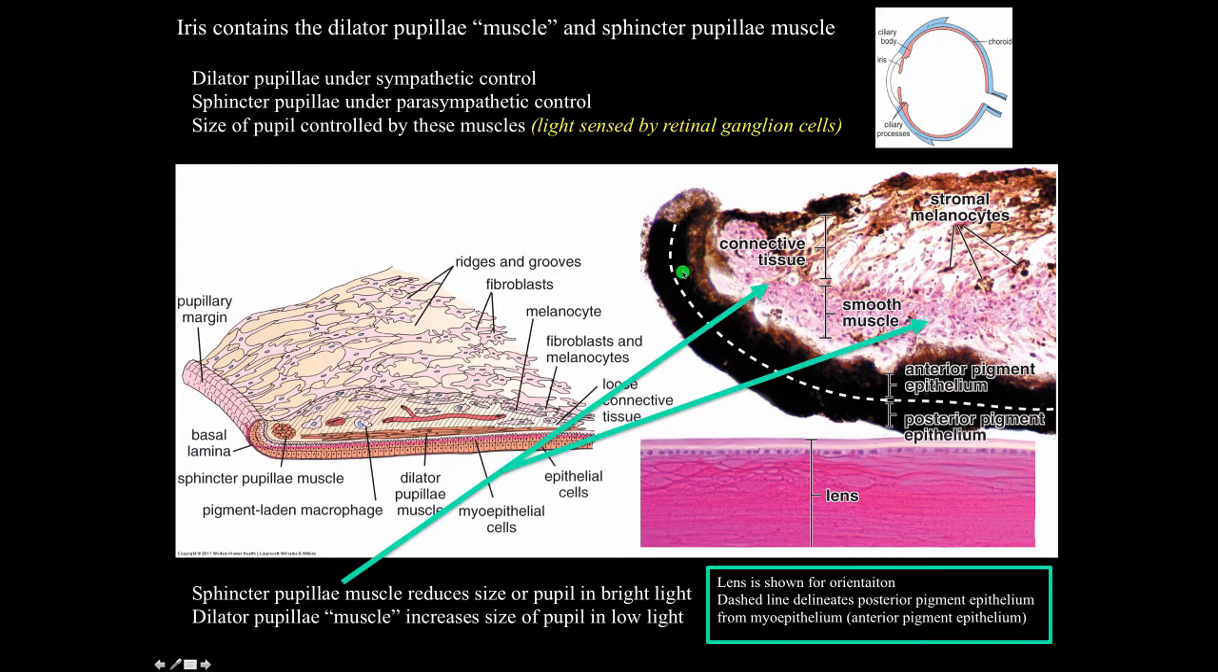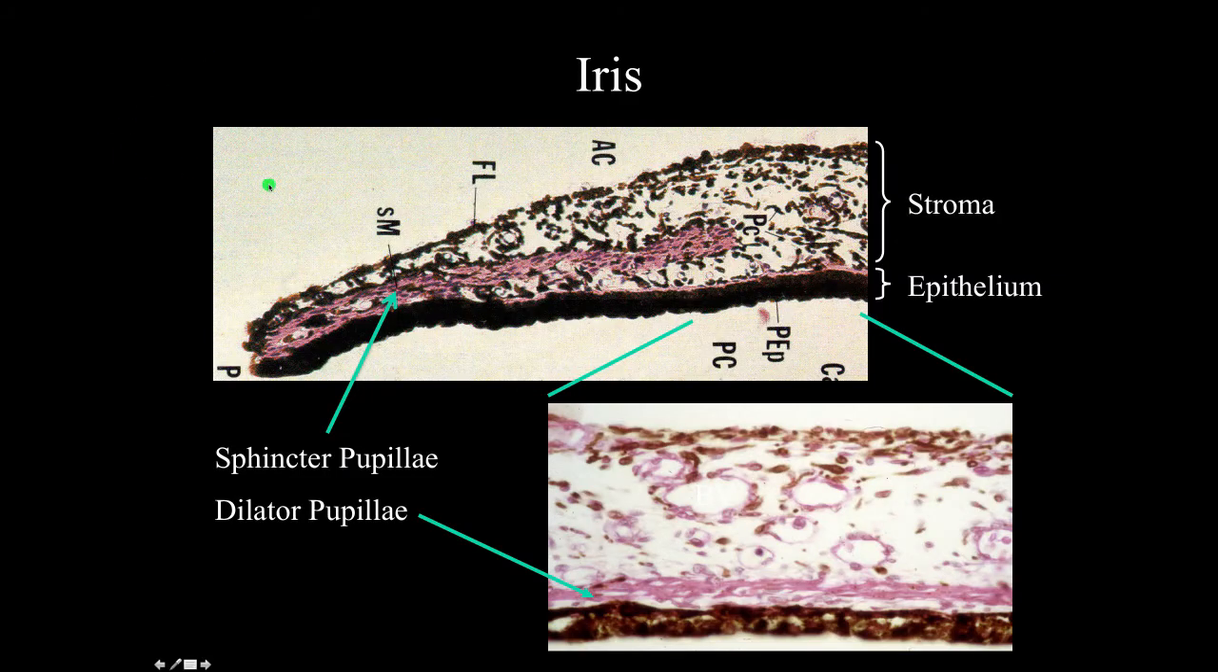iris. The dotted line here is delineating the posterior pigment epithelium from the anterior pigment epithelium, the so-called myoepithelium. So all of this is sphincter pupillae muscle. The next image is going to show some images of the iris that are not quite at the very tip. Here's the iris, sphincter pupillae muscle here, and then a section of the iris here showing the dilator pupillae, these